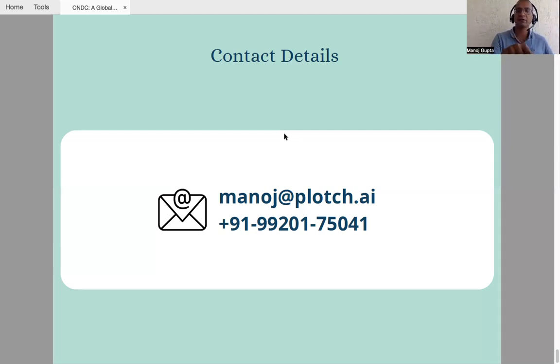Then someone will say, okay, I want to buy this atta. Then you go into the ONDC network and say this customer wants to buy this atta. They will say, okay, I have atta available. Then you will share a payment link on the WhatsApp storefront. So you will pay, they say payment has been done, and the atta will be delivered. Very primitive flow, you can say,